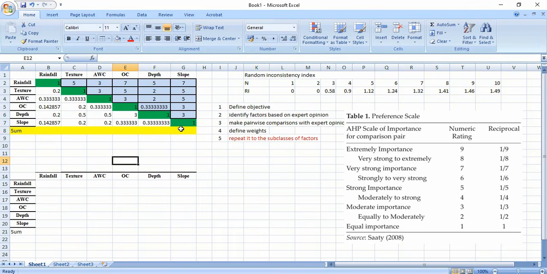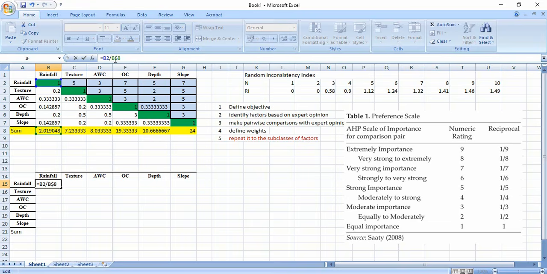So this is our final pairwise matrix. Now we will be calculating the weights. For that, first we have to create a sum of all these, so you can use auto sum. Now you have to make a second table like this, but here every cell you have to divide by the sum. So we'll write is equal to this divided by this,